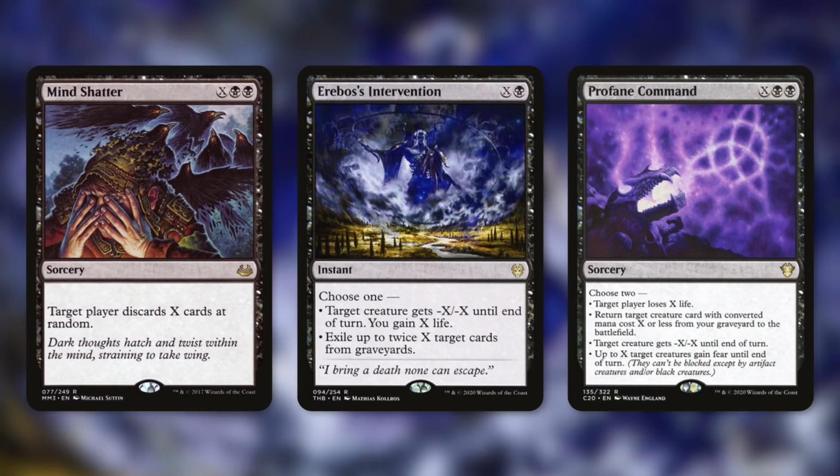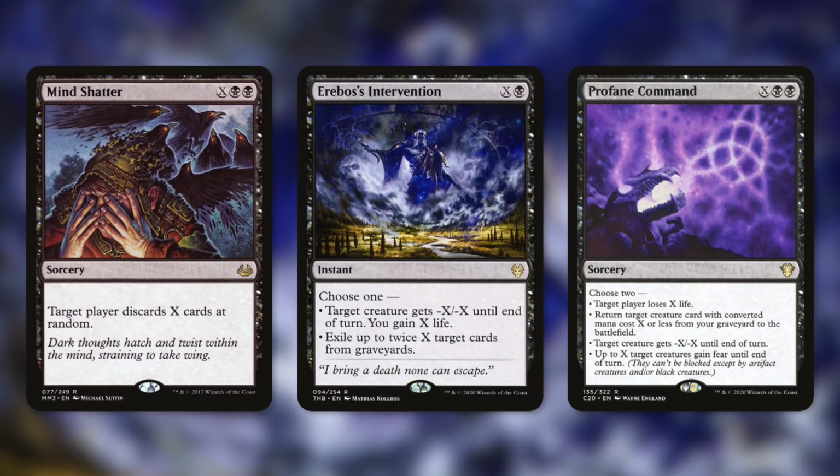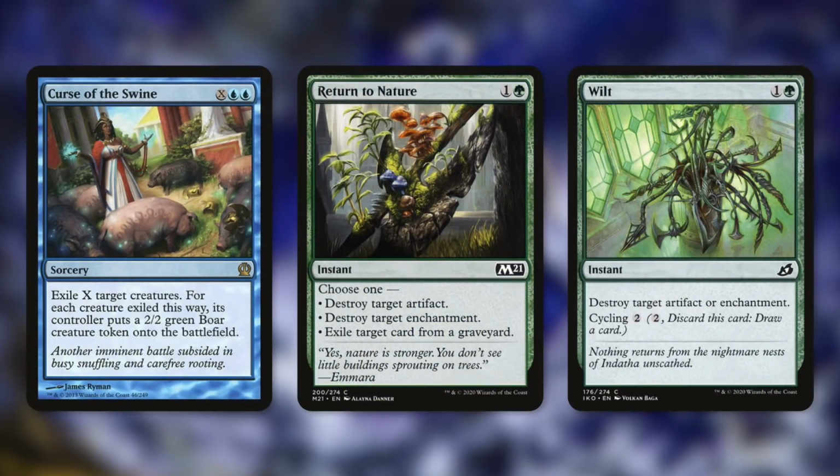Target creature gets -X until end of turn, or up to X target creatures gain fear until end of turn. So this can take out a player, get us something back, take out a creature, or help our creatures get through. Next up, there's Curse of the Swine, which gives our opponents a bunch of pigs, and that's always a